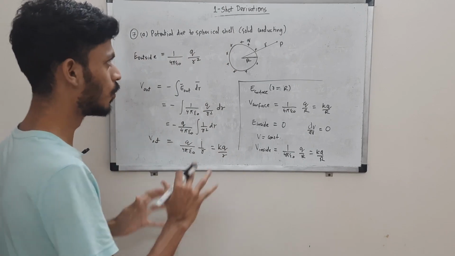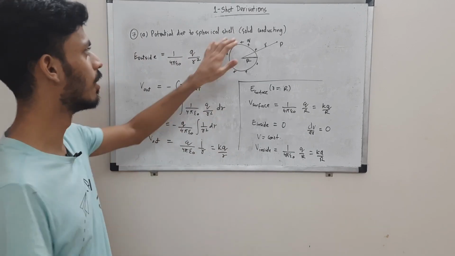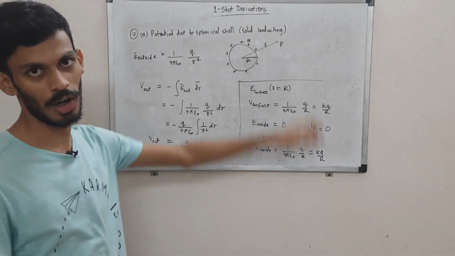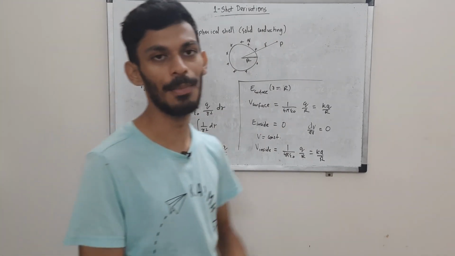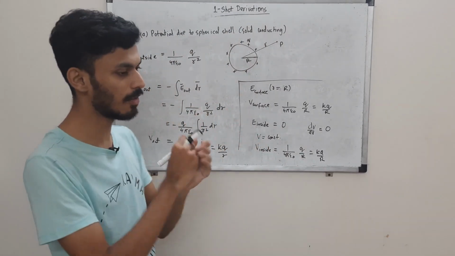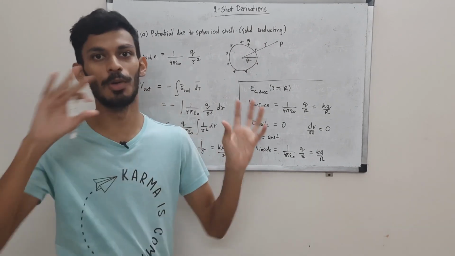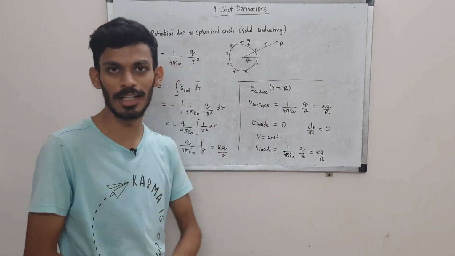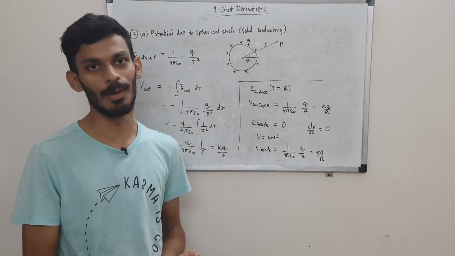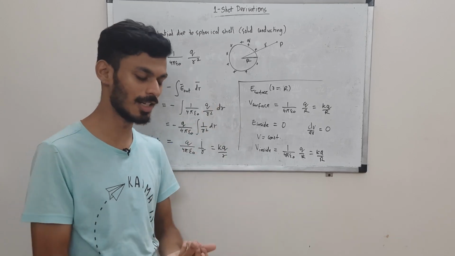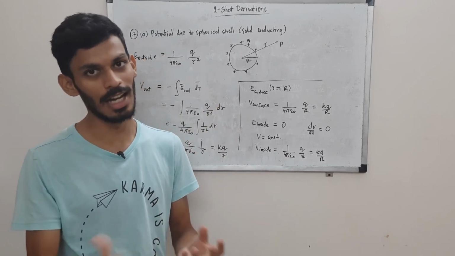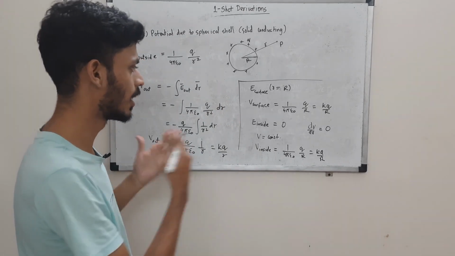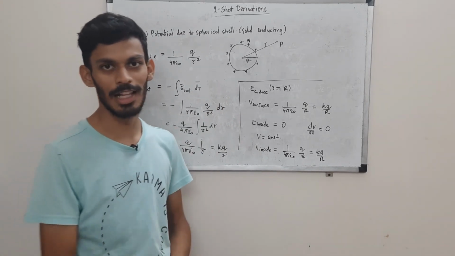So let's move to one interesting case, which is the solid but not conducting sphere. Okay, so in that case what will happen is basically all the charges that you give to that sphere will not move out to the surface. Since it's a non-conducting sphere, they will stay where they are. Okay, so we'll uniformly distribute the charges on a non-conducting sphere, and let's study that case. In this case, this is the conclusion. Let's move to the case